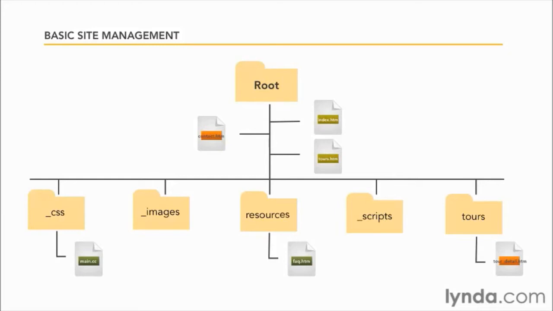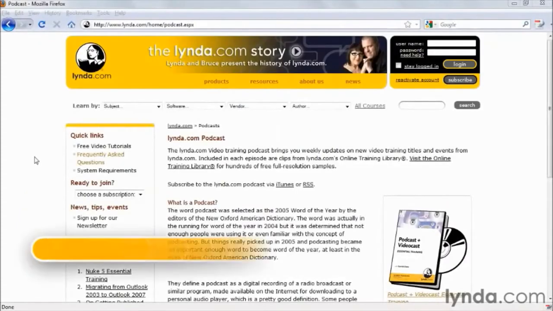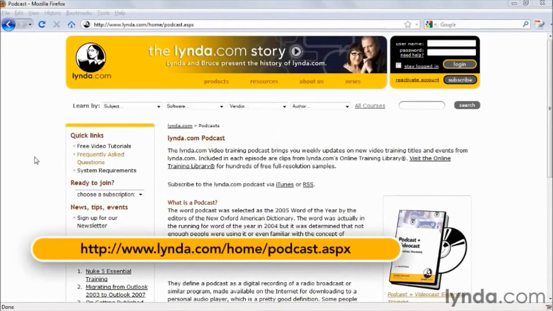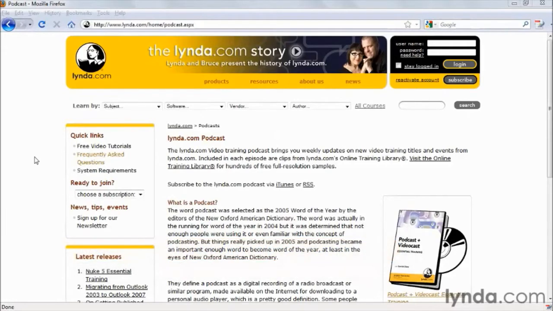As your sites get larger or more complex, it's not uncommon to create subdirectories to create more structure within your site. You can easily see this structure when browsing online. If we go to lynda.com, for example, and look at the podcasting page of the website, we can see that the URL is http://lynda.com/home/podcast.aspx. That means inside the root directory, there's a folder named home, and inside that folder, there's a file named